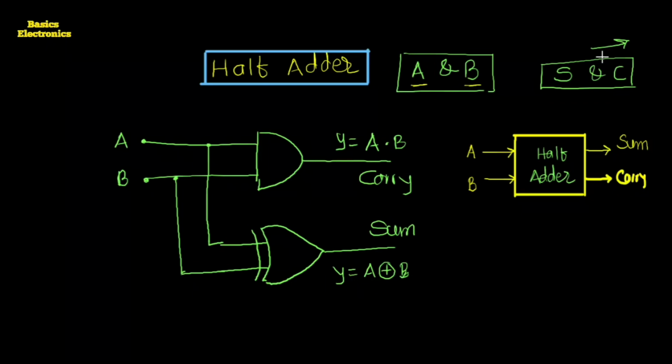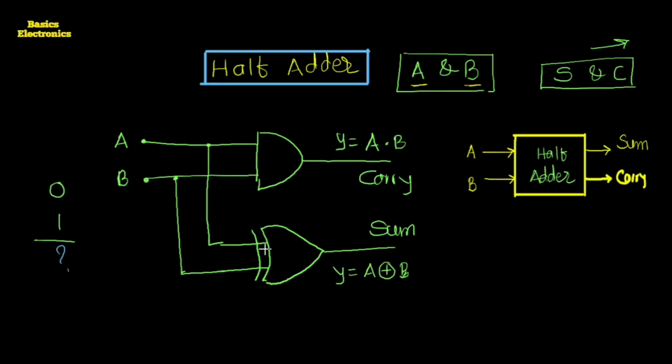Okay, so here the two inputs are there to the half adder, and for an example, suppose we have to make the addition of two binary bits. These two binary bits are 0 and 1. If we have to make the addition of these two, then mentally we can perform it easily. If we perform the addition mentally, then we get sum equals 1 and carry equals 0. If we get the same result by applying the same inputs to the half adder logical circuit, then we can say this circuit works as a half adder.